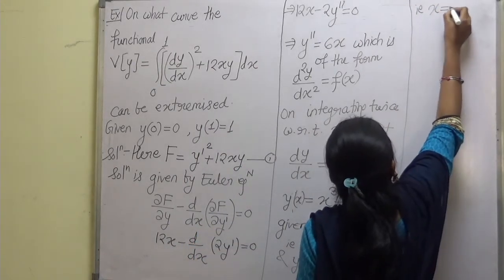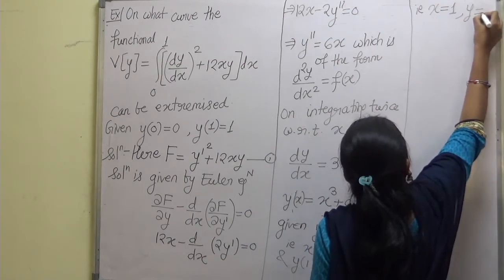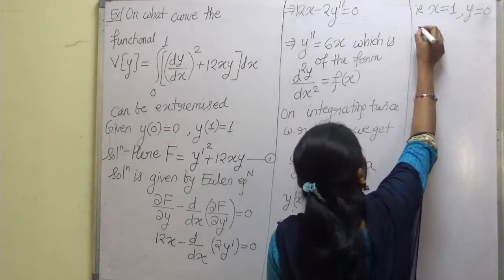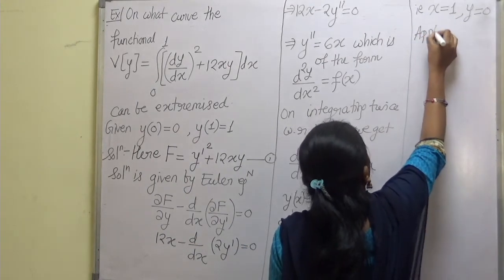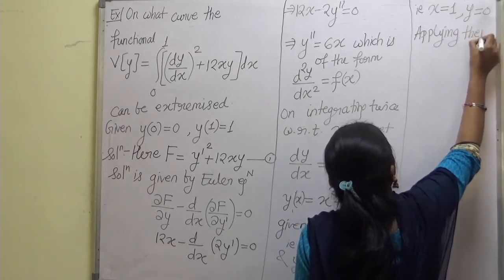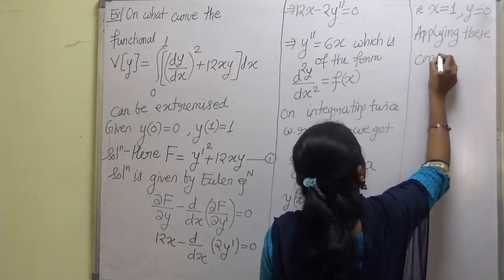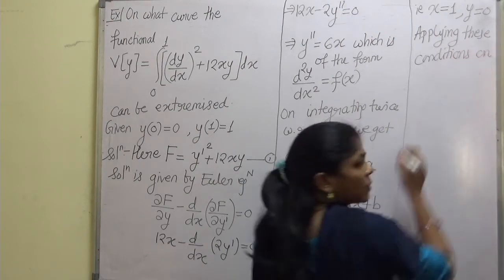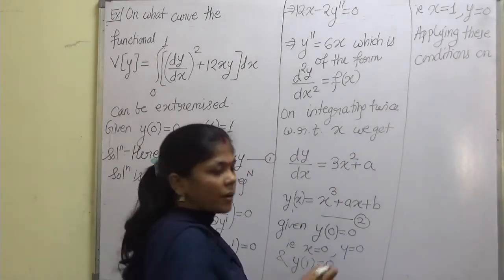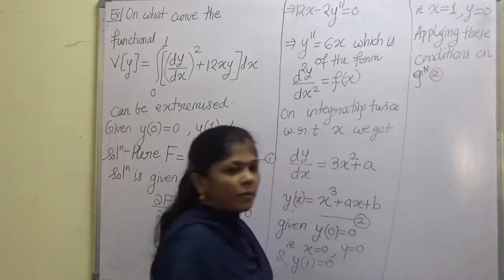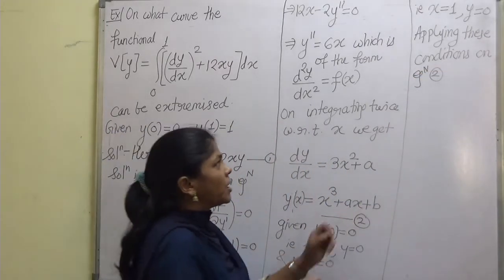X is 1, at that time y is 0. Okay, so apply these two conditions. Applying these conditions on equation 2, why? To obtain the value of arbitrary constants a and b. We get,